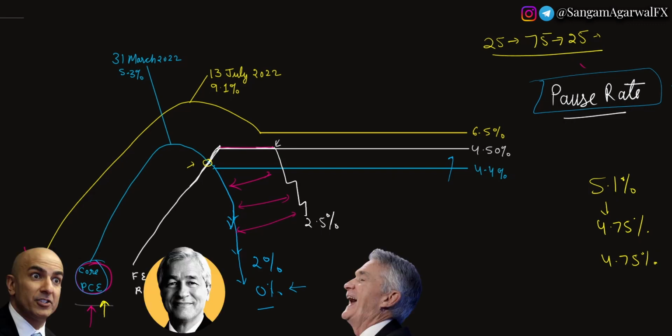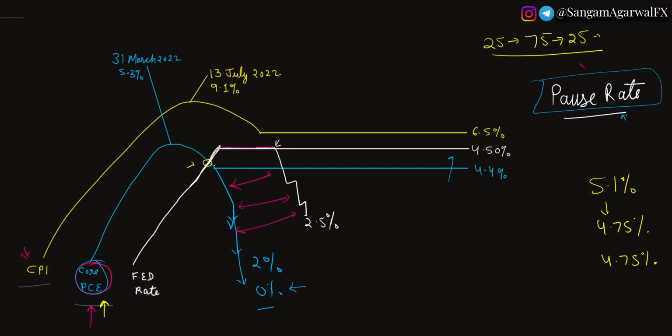And if they repeat that same drama, then this will be another policy mistake. If they keep the interest rate at the terminal rate for a much longer time, then that will be a deep recession, because the same thing happened in 2007 to 2009 when the deep recession came. This is the same story, same picture, and they are repeating the exact same drama. They said that there will be a soft landing, but that soft landing later turned into a deep recession,